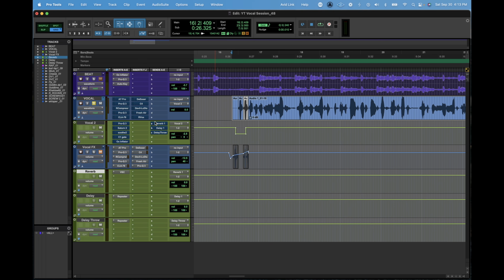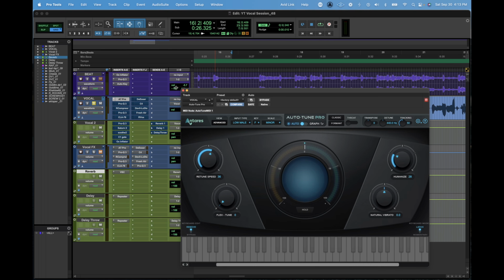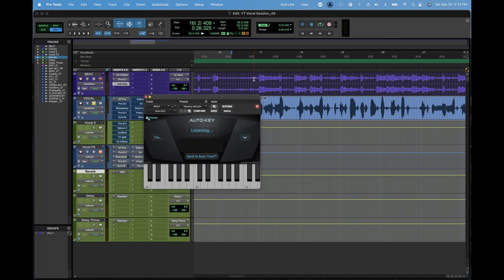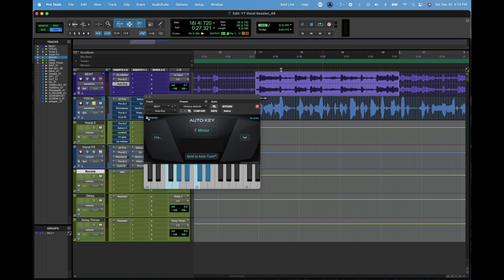So one of the things we're going to do is use a gate and stuff like that to help with that and control it a little more. But the very first thing, based on listening to this, was just checking the key of the beat, which using auto key, right, we can just find like this. Okay, and after a couple seconds, I got F minor,